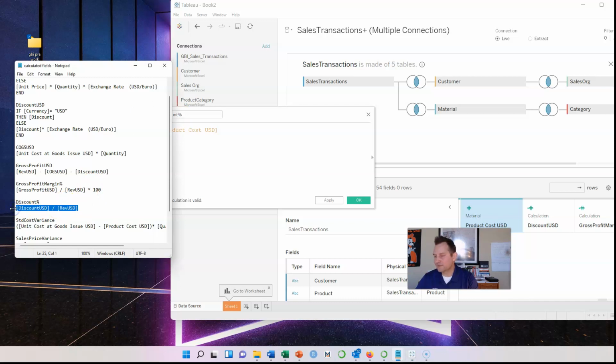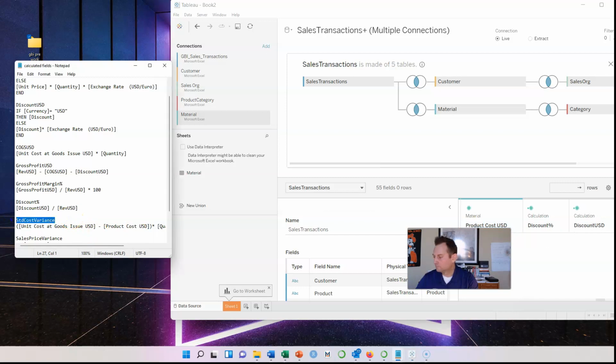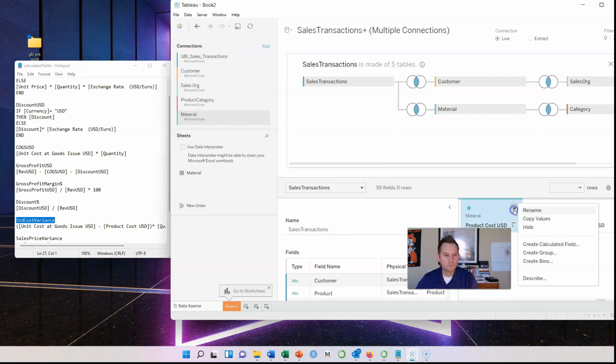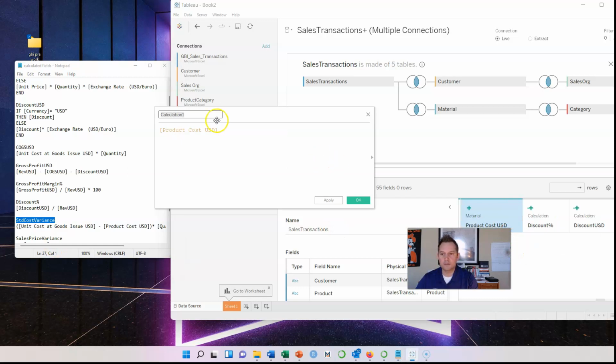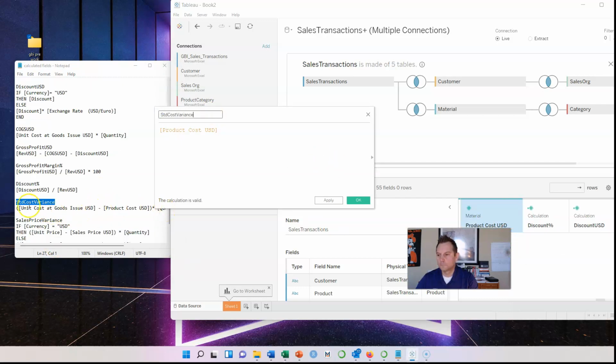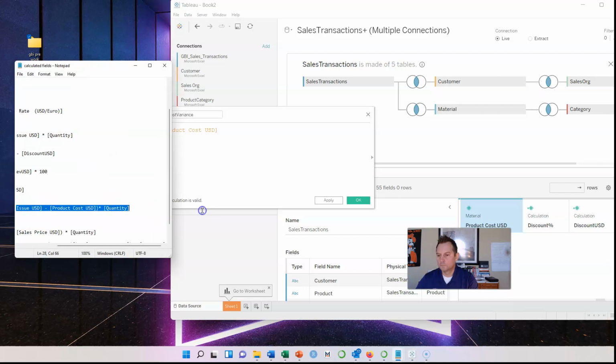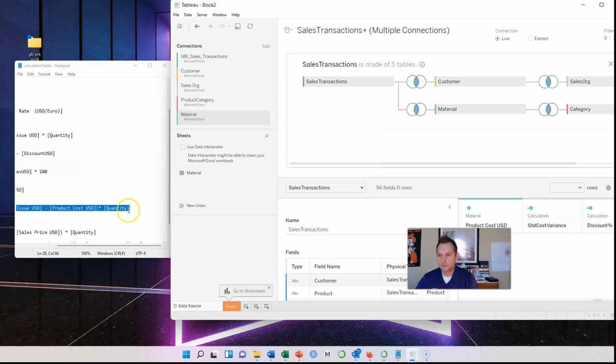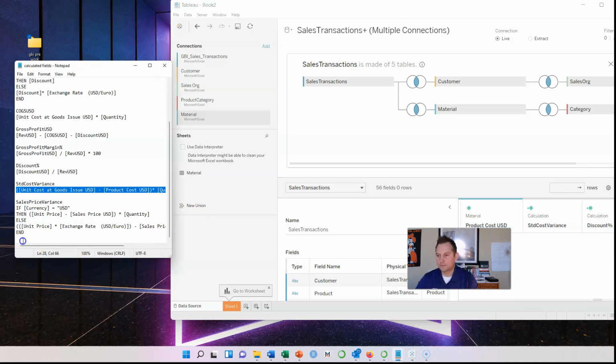You'll see it more in your exercises and the deliverables to come. Almost create calculated. And lastly,